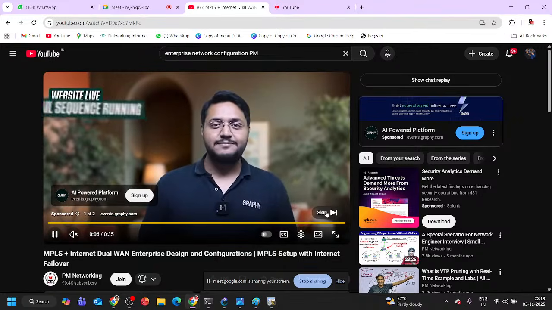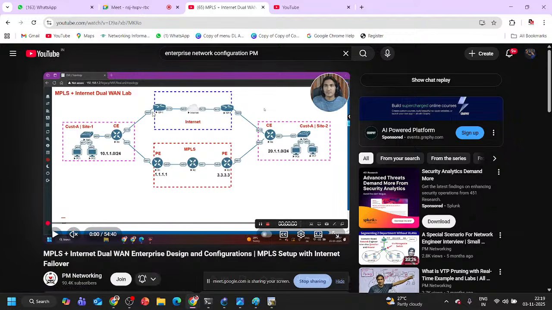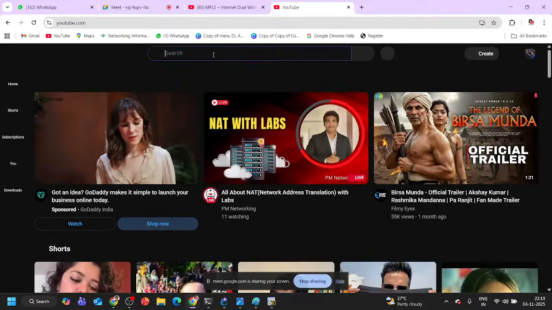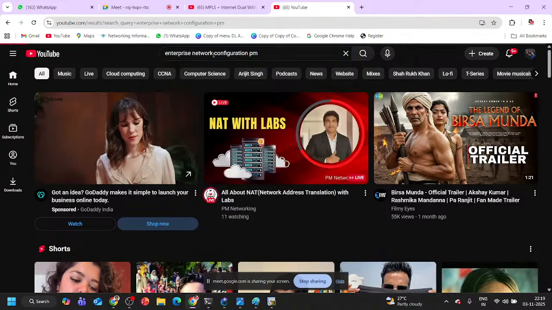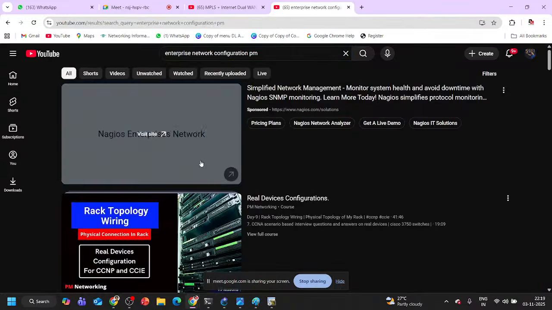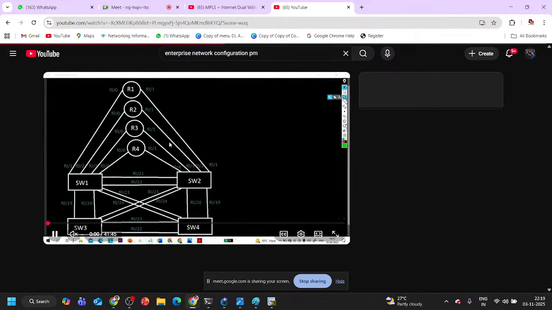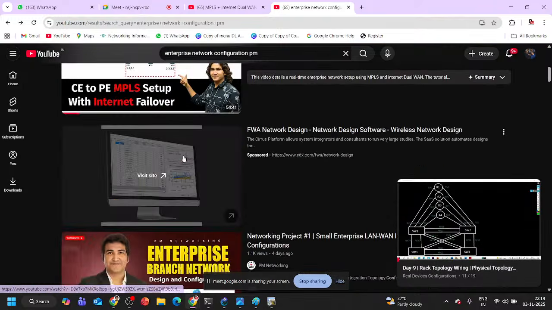So here you will configure VPN over MPLS as well as over the internet, right? This can be your one project. So now you need to configure this kind of network. This one is not required. This topology,